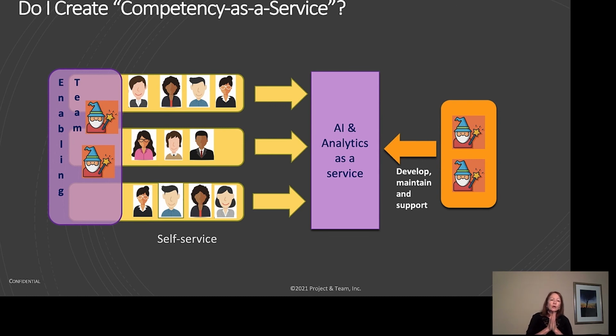Competency as a service would be where my team of specialists say, what are the highest 80% of things that people need to do in analytics? Can I create some templates in SageMaker? Can I give them some self-service help and examples so that these stream-aligned teams can become self-reliant in the major part of what we need to do with this competency? And then I take my wizards and they become enablers